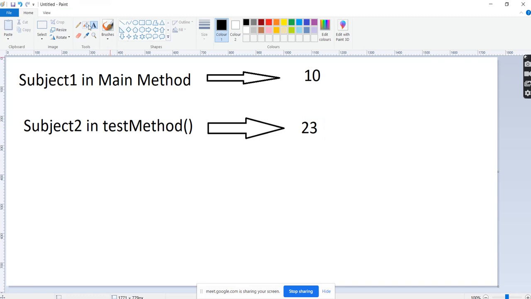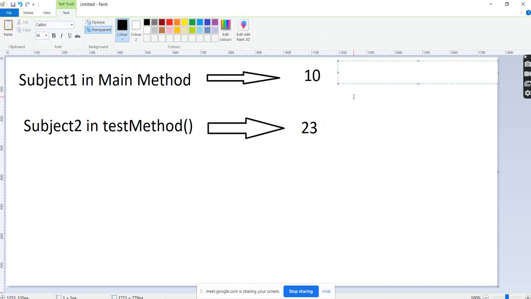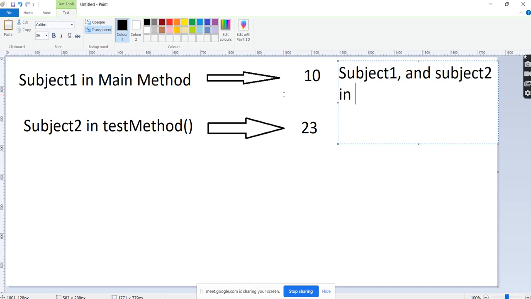You can see this example. Subject 1 in the main and subject 1 in the method, both are pointing to the different memory location.